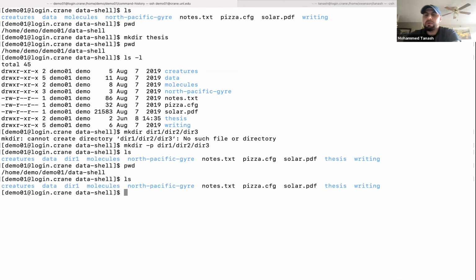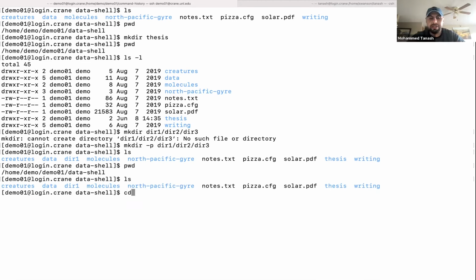To navigate or enter specific paths, like we did with ls and cd, imagine we want this path. So there are two ways, right? If I am in data shell, or I am in a totally different directory, and I want to go back to data shell, or for example, go to the thesis one that I have,